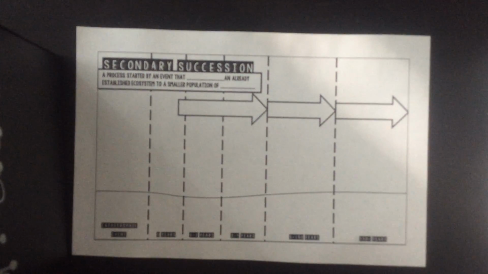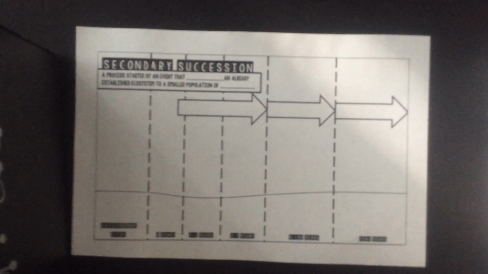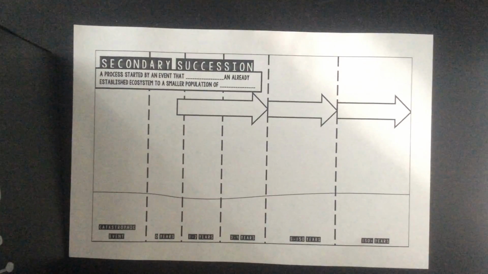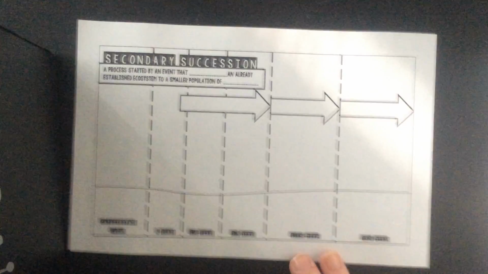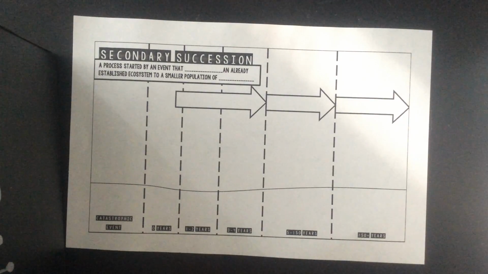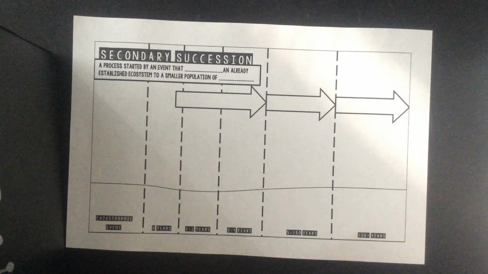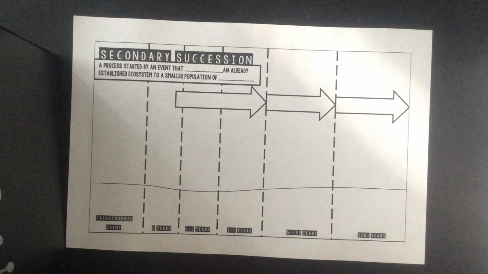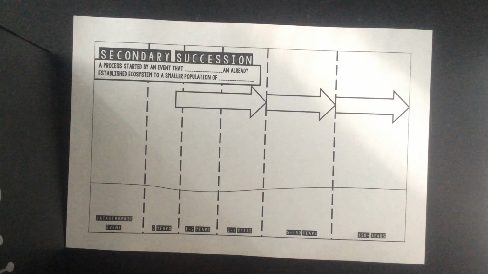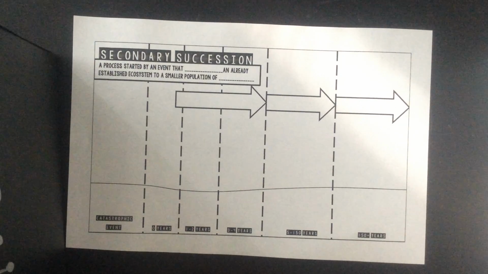Okay, so now that we've talked about primary succession, the development of a new ecosystem, let's talk about secondary succession. So get to this paper for secondary. Sorry, it's kind of out of focus. There we go. All right, so secondary succession is going to be a little bit different. And again, we're still talking about how an ecosystem changes and develops over time. But this time, secondary succession is all about a former ecosystem going through something catastrophic and then recovering from that